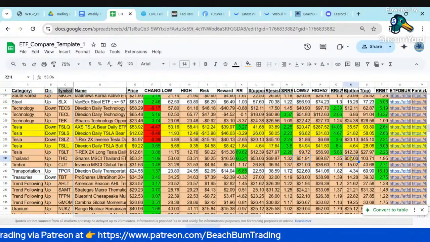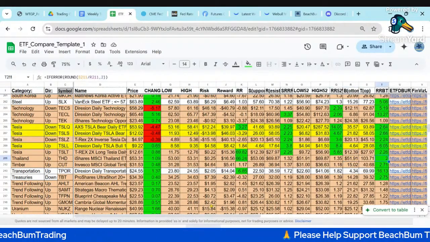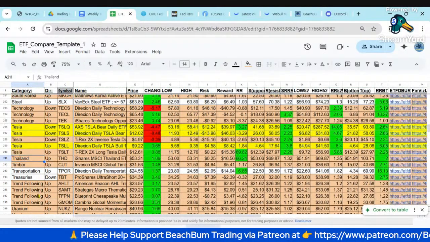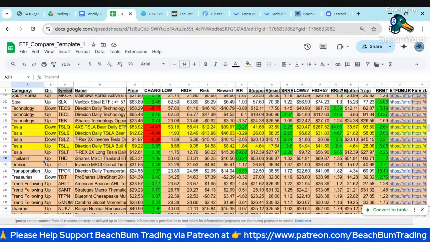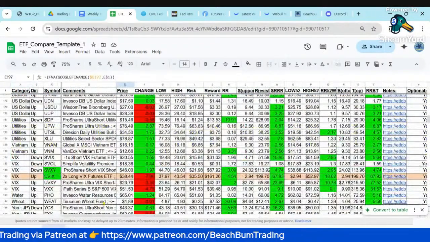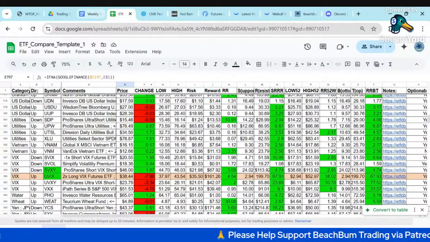It did make a new bottom recently, so it's been trending down. Long term, possibly Thailand. They were getting some investment from SoftBank for data centers, but that seems out of favor again right now. Okay, we'll see if we get a pump in the AI theme, the data center theme, from the NVIDIA GTC conference this week. So again, keep an ear out.